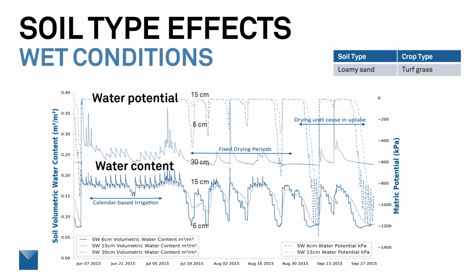This was a larger project that I don't have time to explain, but our interest was trying to improve irrigation in turf grass. Here we're showing two soil moisture types. One is volumetric water content, which is going to be on the left y-axis, and matrix potential or water potential, which is going to be on the right y-axis. And here's time on the x-axis, going from early summer into just the start of fall. But we're going to look at each of these data sets a little bit more closely. So this gives you a taste, and now we're going to talk about it.